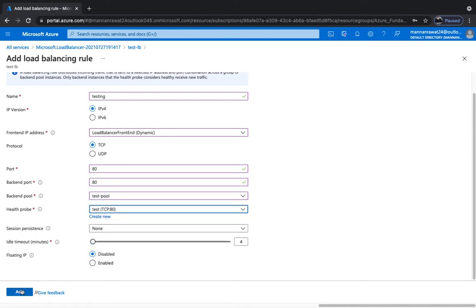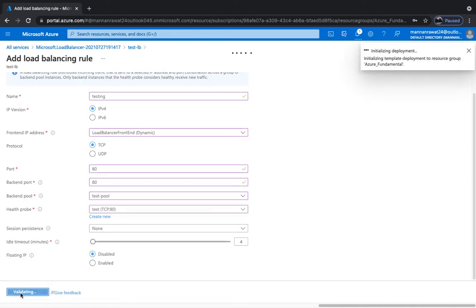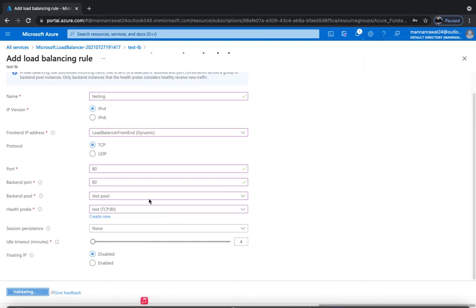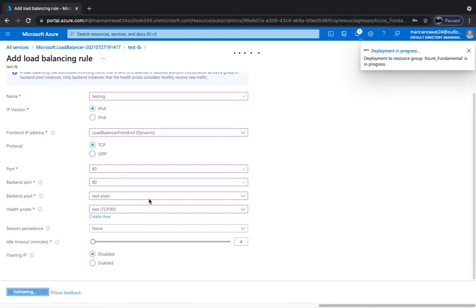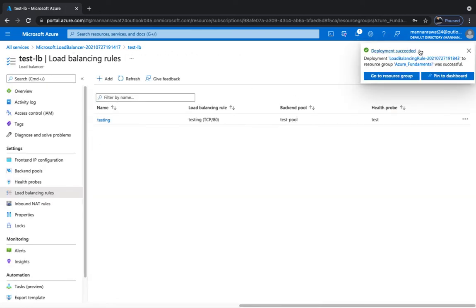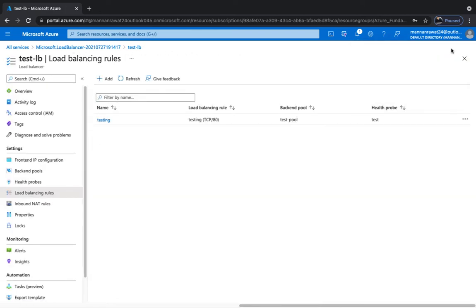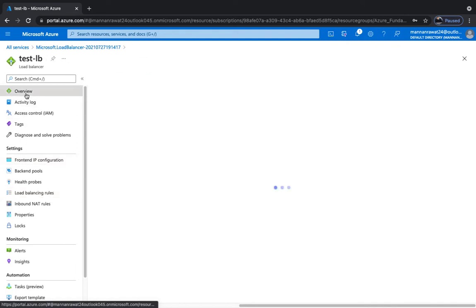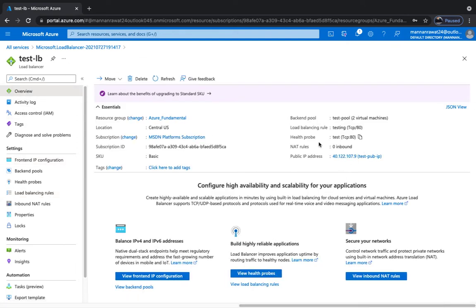No need to do anything. Click add. It's most important, because without the load balancing rule you are unable to get any public IP address with your load balancer, so it's mandatory to configure. These are all the steps that we already used in our load balancer video. Now we are planning to understand the inbound NAT rule, so that's why we need to follow the entire procedure of LB. Cool, everything is okay. I'm just going to click on the overview and verify we are getting a public IP address.